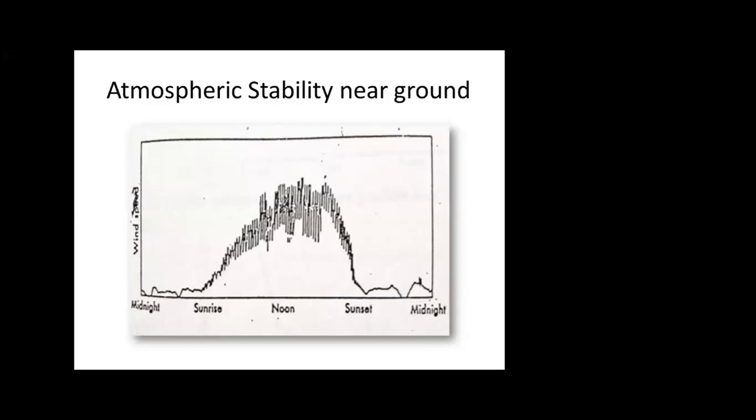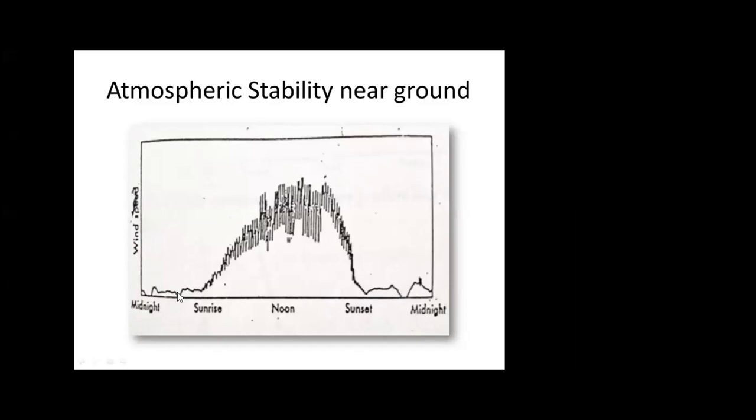So our turbulent diffusion all depends upon the wind speed and the sunlight, that is heat. So if you look at it from the atmospheric point of view, from midnight to sunrise, this is not a good thing for the pollutants. From sunset to midnight,